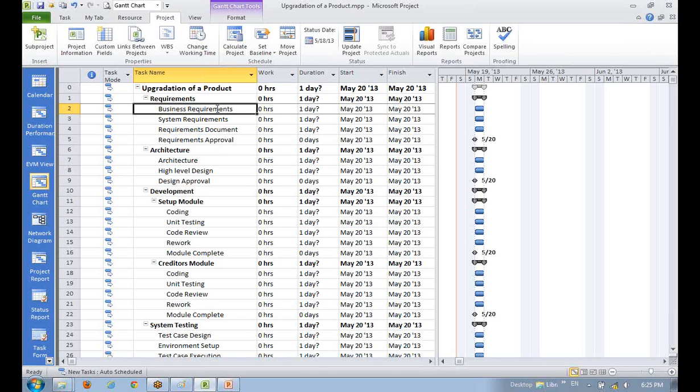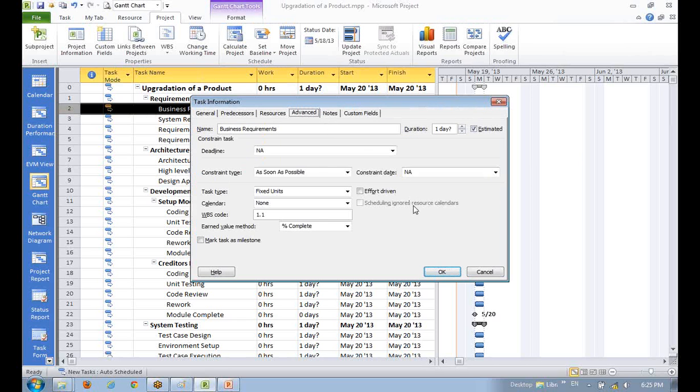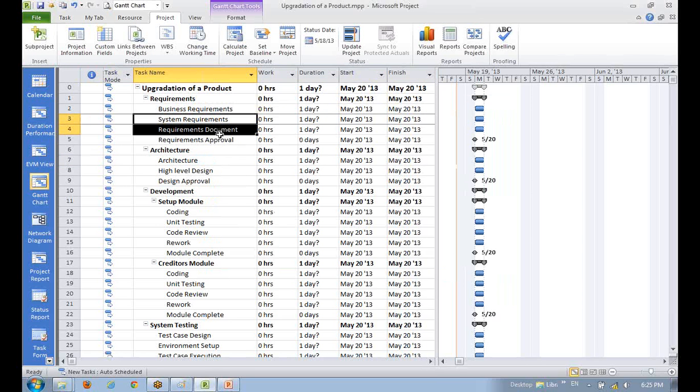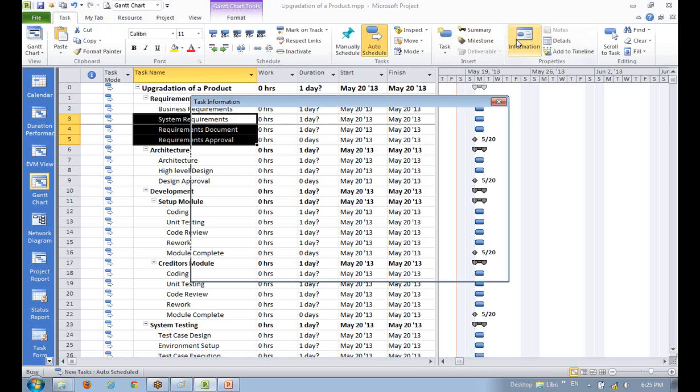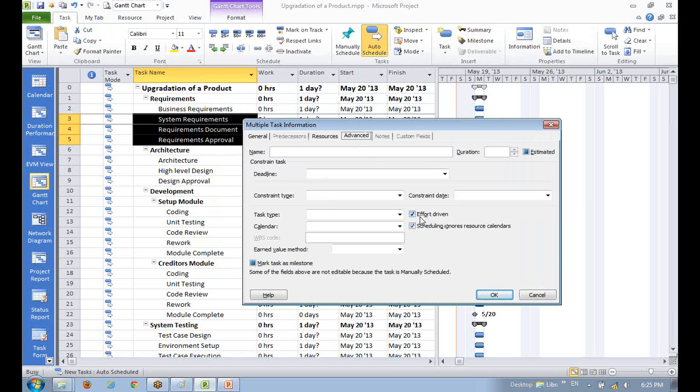We'll go under this, double click on it, go to Advanced and check this box, effort driven. Unfortunately, I have seen some strange behavior that when I select multiple tasks, sometimes this is already checked. I don't know why.